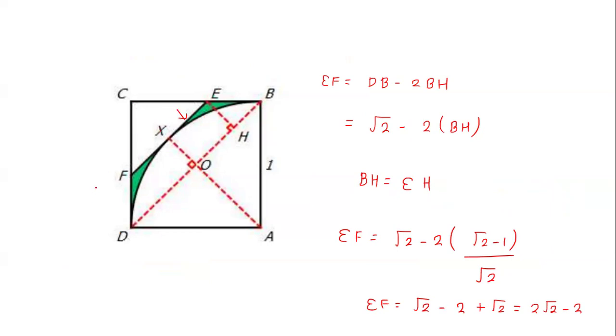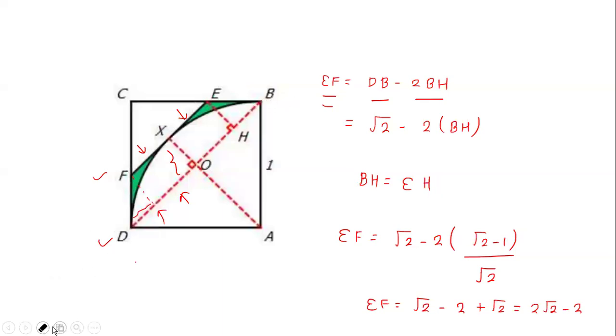So you see this is a trapezoid, E, F, D, B. We want to calculate this trapezoid area. For that we need the perpendicular height and the lengths of these parallel sides also. So we are finding the EF length, which is this DB length, the diameter, and if we subtract this part, and here it is symmetric also, so if we subtract this part also, so DB minus 2 times BH, so we want to do this.